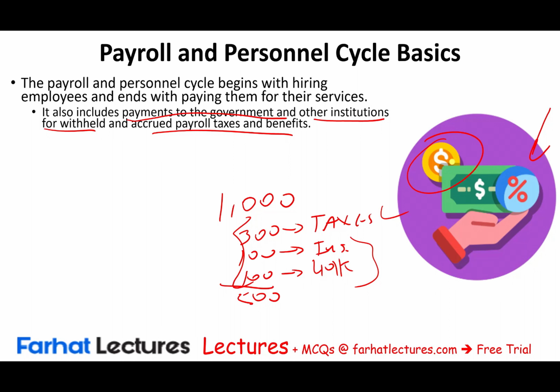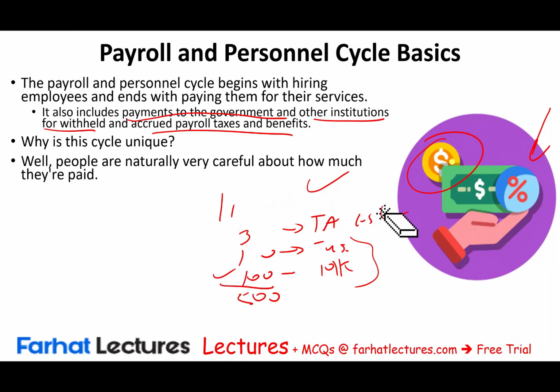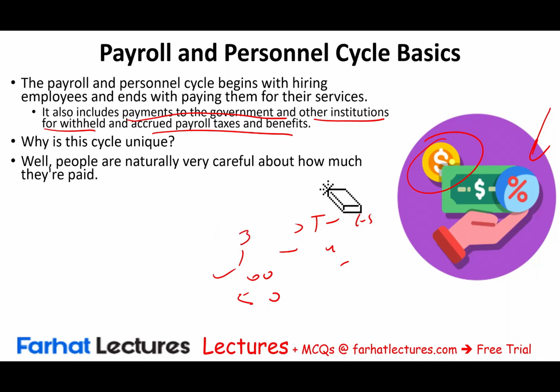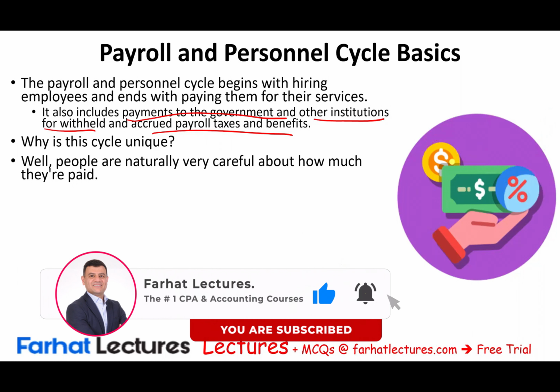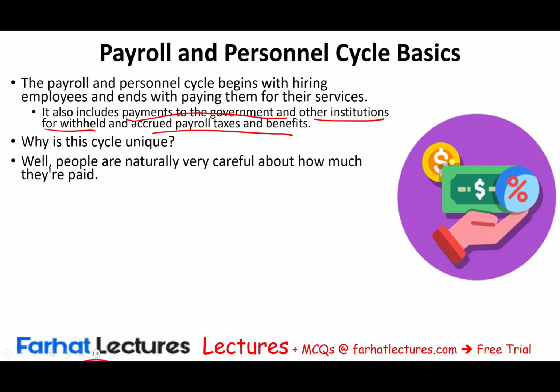So why is this cycle unique? Let's think about it. Think about the payroll. The payroll cycle involves people. And what happens? When you are paid, you look at your paycheck very carefully. You want to make sure you are paid the proper amount, the proper withholding is being taken, and the company also wants to know how much they are paying their employees. They don't want to pay them more or less for that matter. If they pay them less, the employee will complain, and if they pay them more, the owner of the company